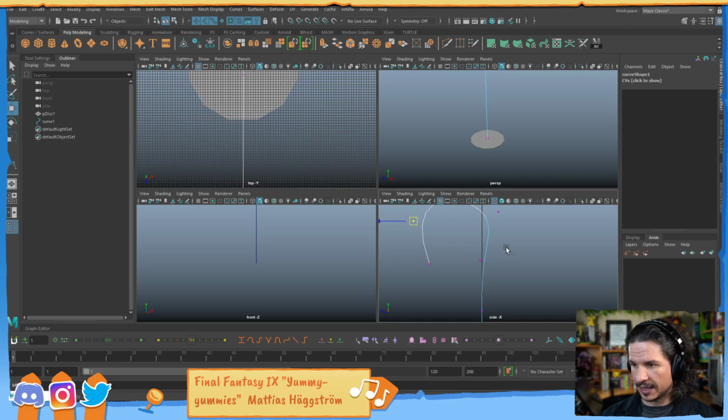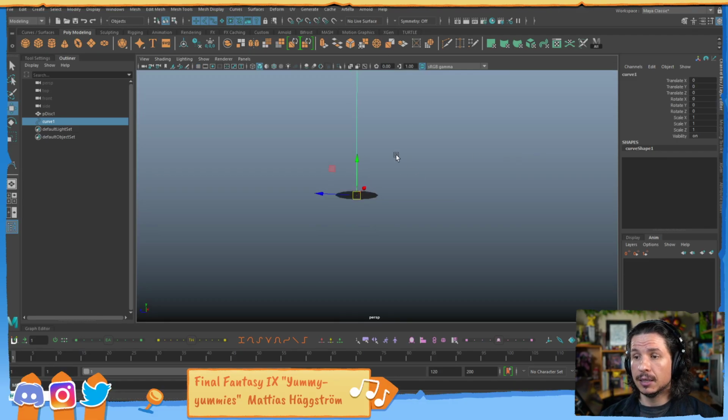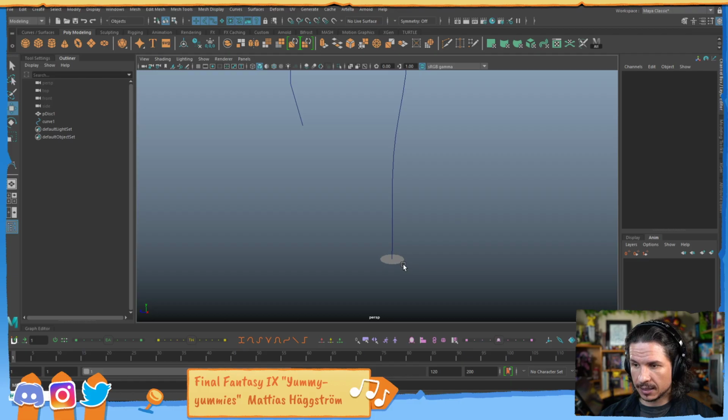So let's say I want to create, I don't know, this weird question mark-esque symbol here. Something like that. Maybe it's a hook. I can create the curve, and then I'll take my object. So just take this,